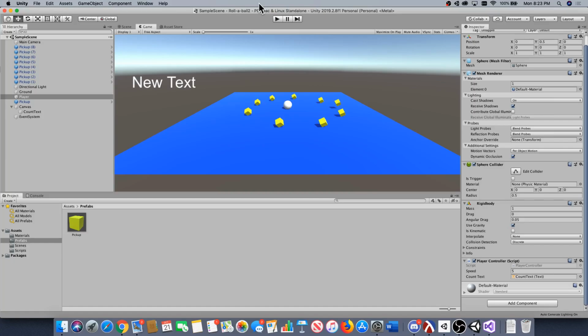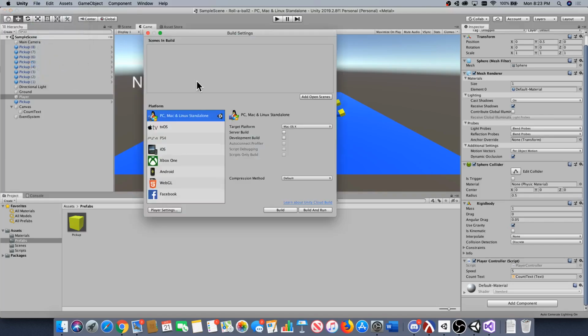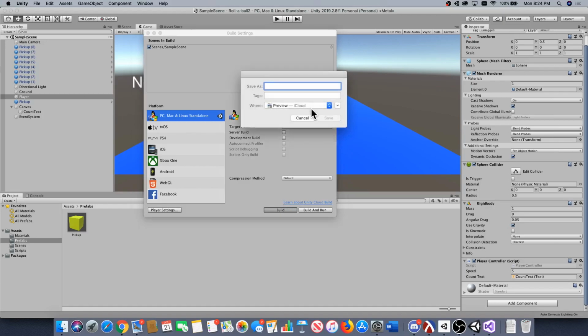So yeah, just like before, we can make a build of this if we'd like. So if we go to File on the top left, go down to Build Settings. This time we have to add open scenes, so click the Add Open Scenes button. Sample scene's open, so we're adding that, and we only have one scene, so we only need to do that once. And just like before, we can click Build at the bottom right and make an application of the game